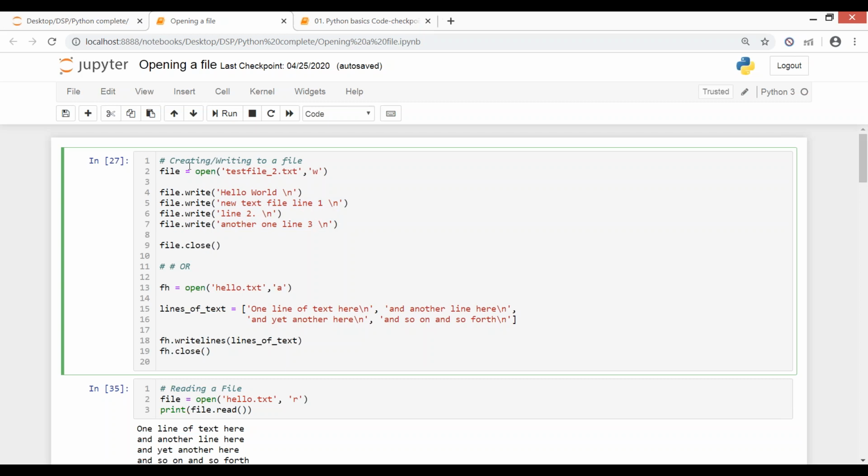So it's a three-step process here. The very first step is creating a file. Second step is writing to that file whatever you want and as many lines as you want. After that, you need to close it. If you do not close it, it will stay open at some point and you might not be able to see the changes you make. So if you have created a file and written something to it, you have to close it. So this is one process here. Okay, for now, let me show you this only.